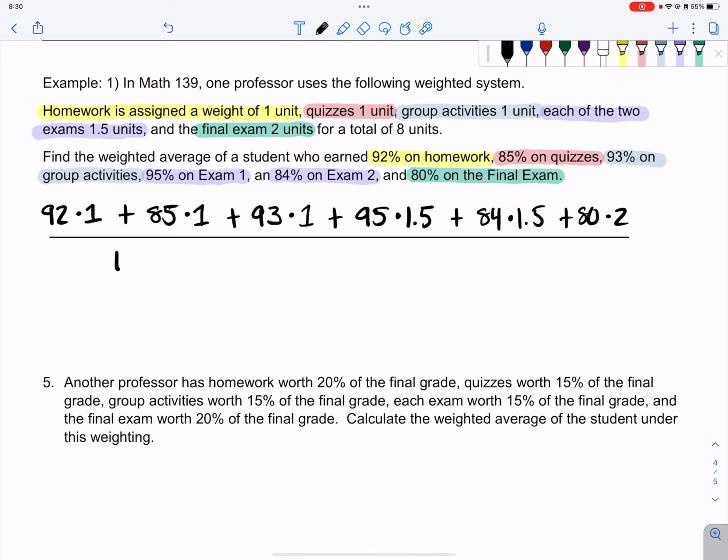So I'm going to take 1 for the homework, 1 for the quizzes, 1 for the group activities, 1.5 for the first exam, 1.5 for the second exam, and then 2 for the final. And I need to add all those together. So now this is going to give us the numerator. We need to evaluate that, and you should then get